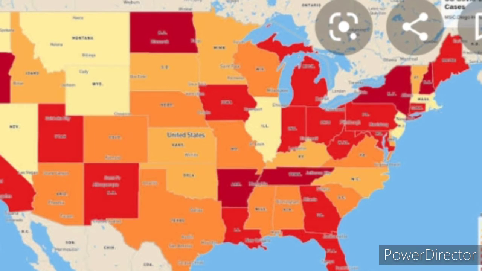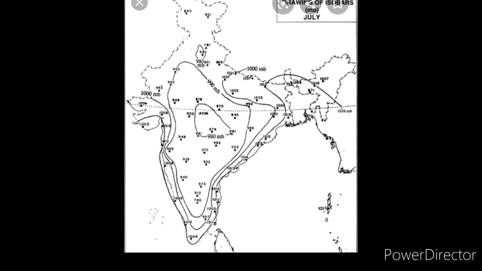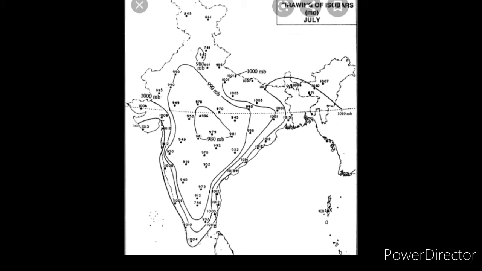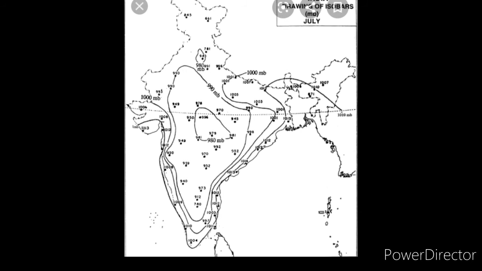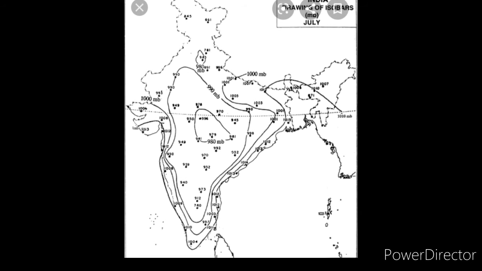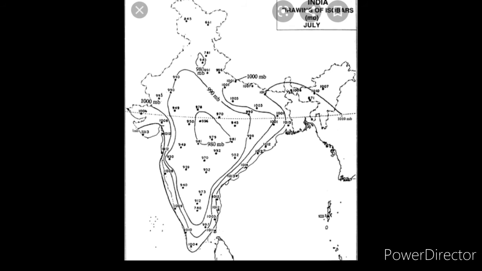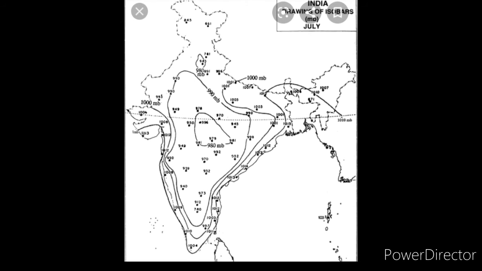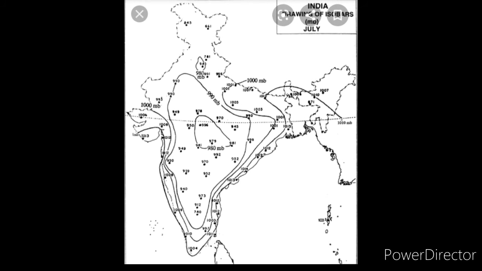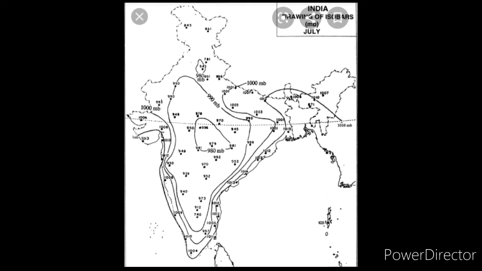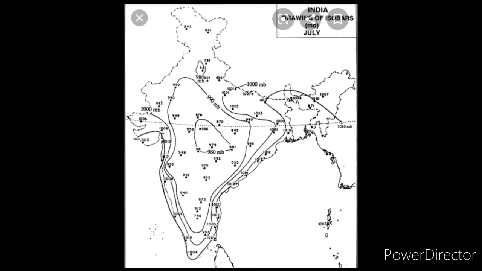Isopleth method. Isopleth maps are used to show distribution of altitude, temperature, rainfall, etc. In isopleth maps, the distribution is shown with the help of lines showing equal values. When the distribution of the variable is continuous, the isopleth method is used. Statistical data which belongs to a respective place is known as point-related data.